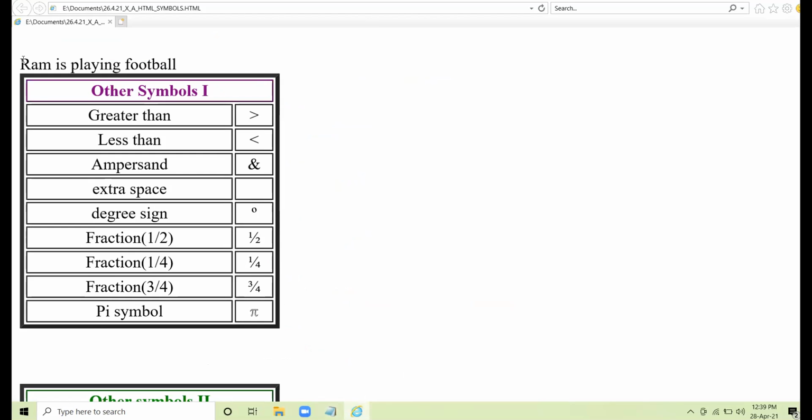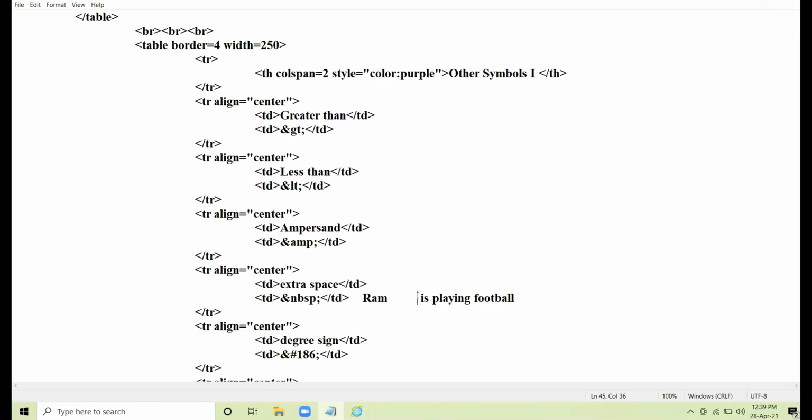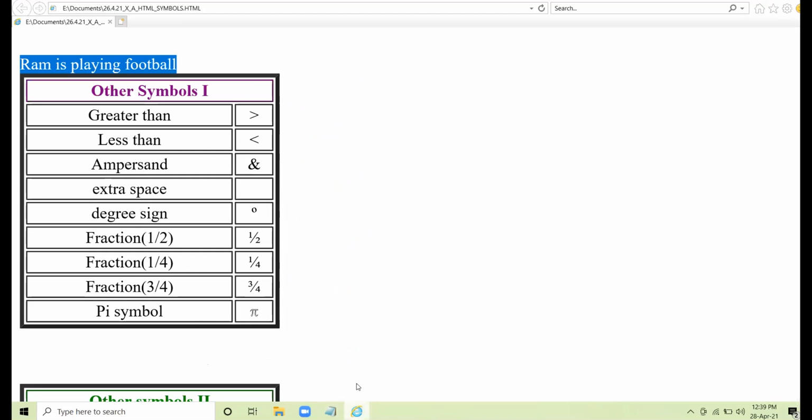See, in browser view, it is coming in a normal way with one space. You have given so much extra space, but the browser does not show it. When you see the browser view, it is just showing the normal space.